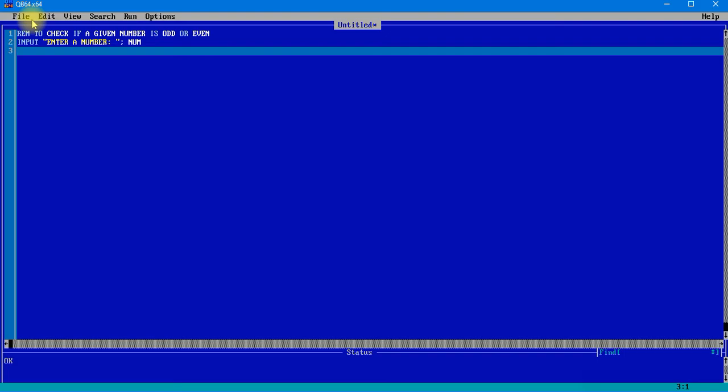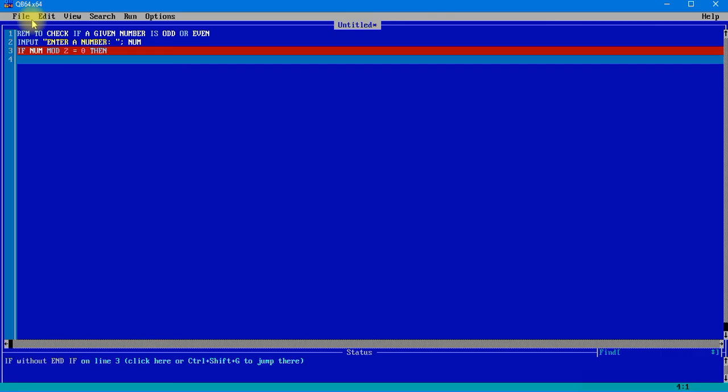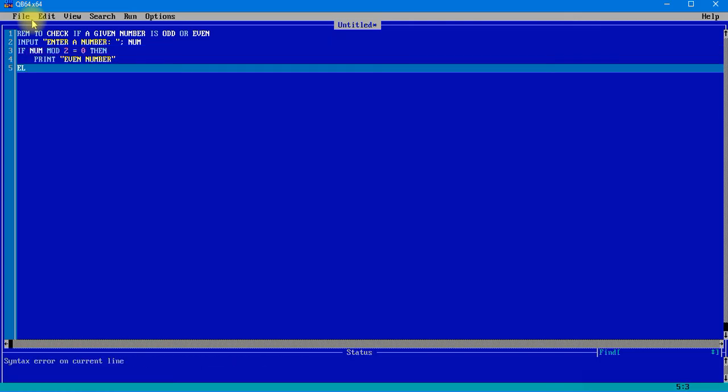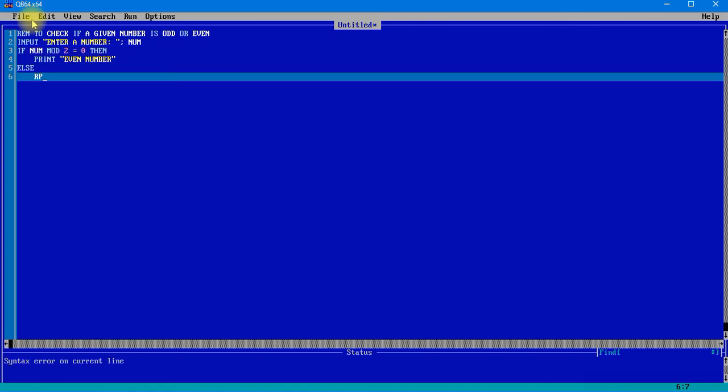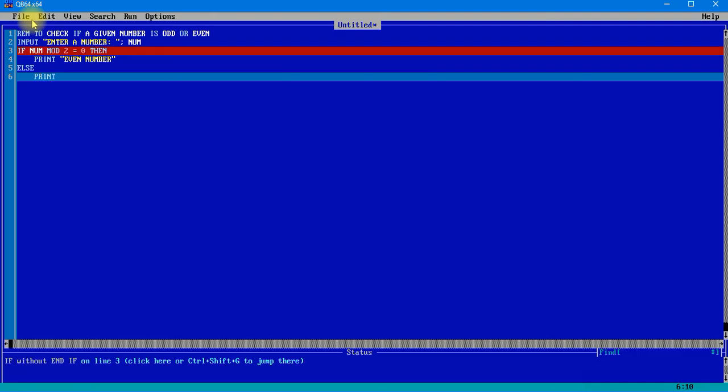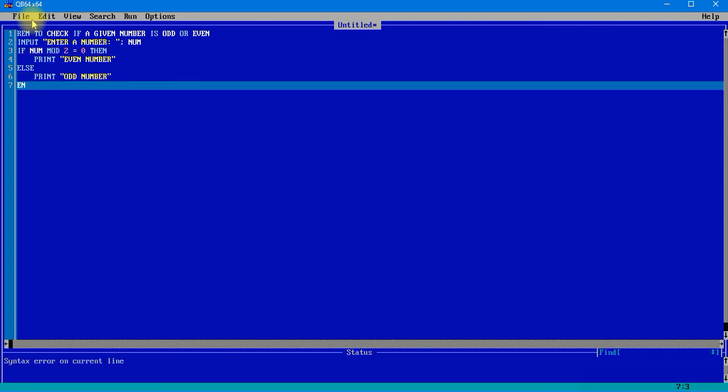After taking this, we'll write if num mod 2 equal to 0, then print "even number", else print "odd number".